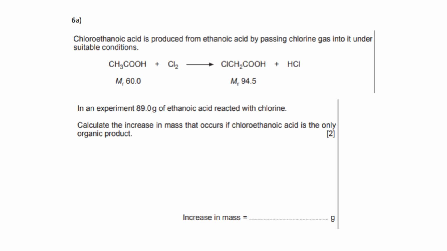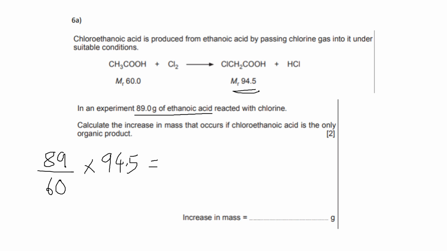The next question is a mole calculation, and you've got ethanoic acid reacting with chlorine to form chloroethanoic acid. And it says calculate the increase in mass that occurs if chloroethanoic acid is the only organic product, assuming that you start with 89 grams of ethanoic acid. So the way I would tackle this problem is I'd say 89 is the mass, divide it by the molecular mass, which is 60, times it by the new molecular mass, which is 94.5, and that'll give us the maximum amount of mass of the chloroethanoic acid,